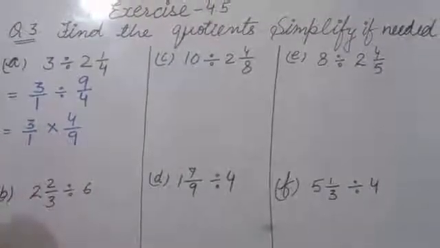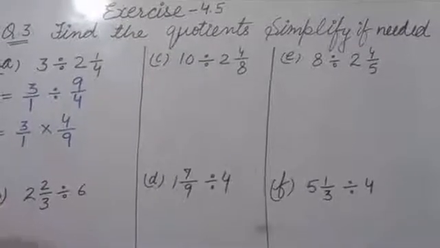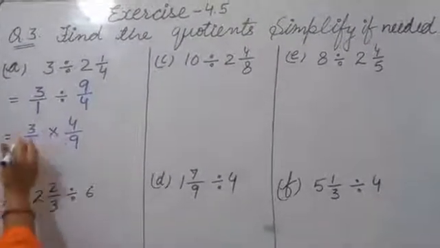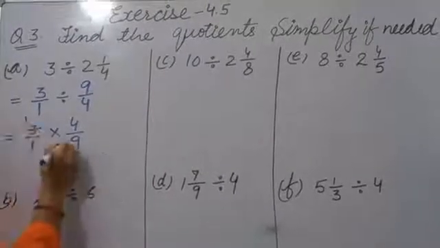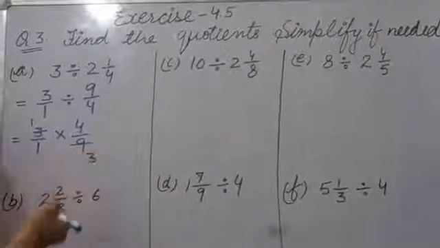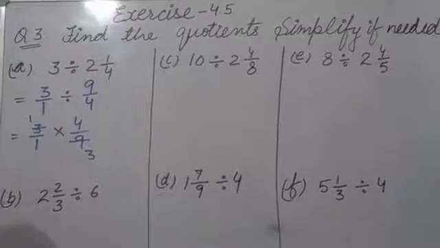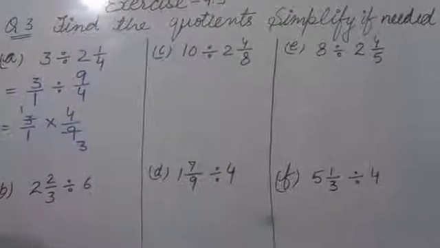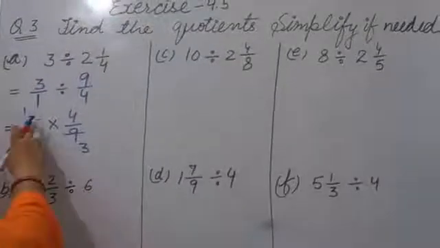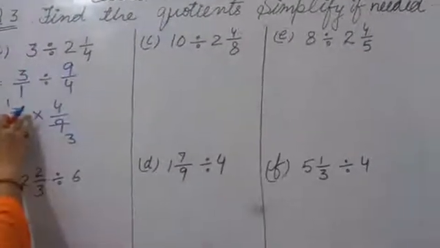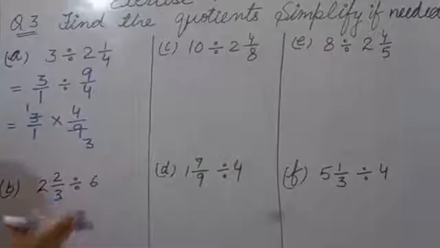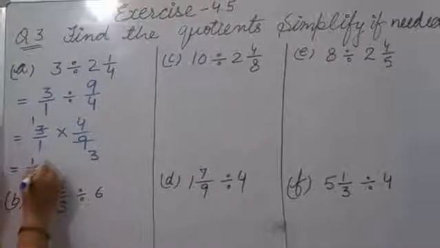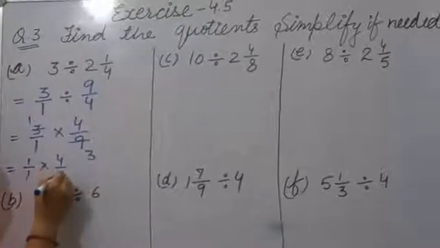Now we should cancel numerator by denominator if it is cancelled. So we can say that 3 and 9 both are coming in the 3 table. So we divide by 3. 3 ones are 3 and 3 3s are 9. The number that we will think where they are dividing. Okay? ये हमें सोचना है कि किस नंबर पे वो डिवाइड हो रहे हैं. So we will see that by 3 they both are divisible. So we divide by 3. So 1 upon 1 multiply by 4 upon 3.